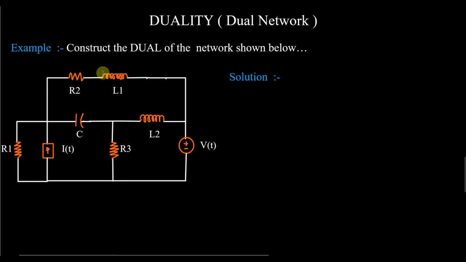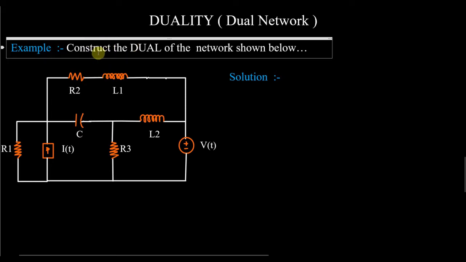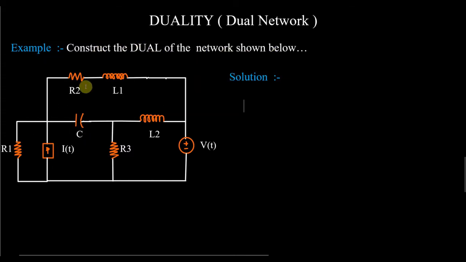You can see that in this question, they have given: construct the dual of the following network shown. This type of network is given here. Whenever we have to solve a numerical on the dual network, we have to follow certain steps, which I have told you in a previous class also. So the first step is that you first find out how many meshes or loops